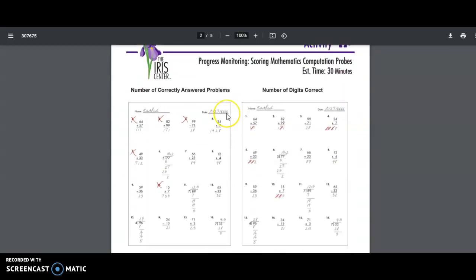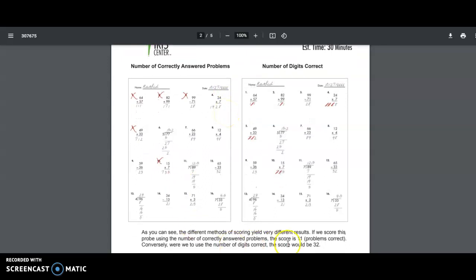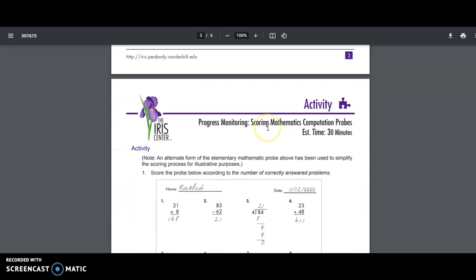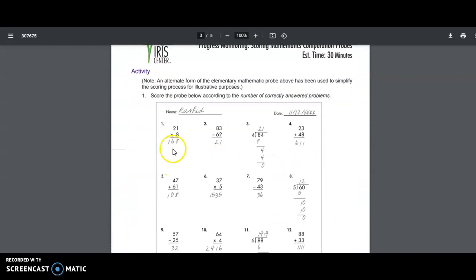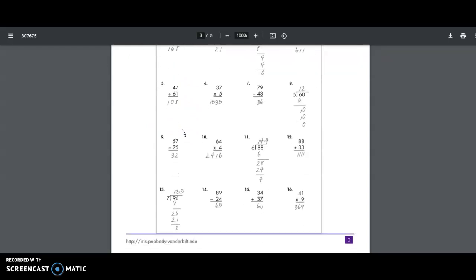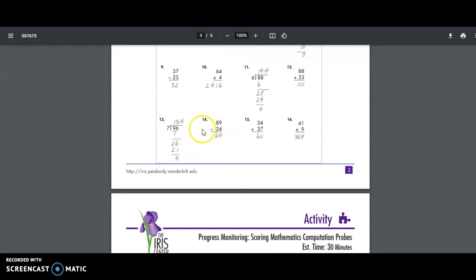As you can see, the different methods of scoring yield different results. So you're going to think about all this and score these. Again, you don't have to submit your scoring, so you can write it on a notebook piece of paper, whatever, because this is a PDF and you can't write into it. If you want to convert it to Word, that's fine. If you want to just score them on paper, that's fine as well. You do not need to submit your scoring.